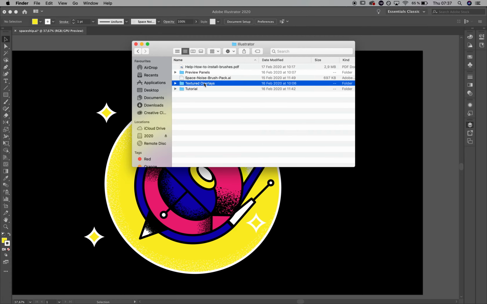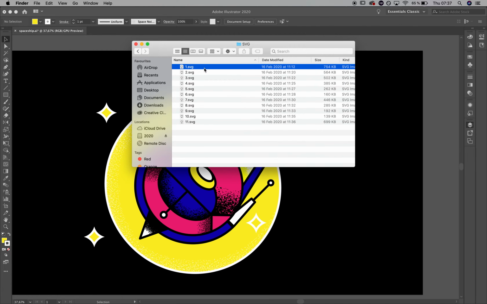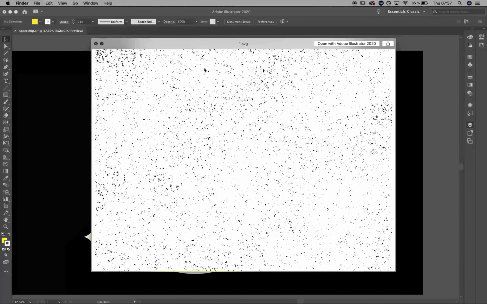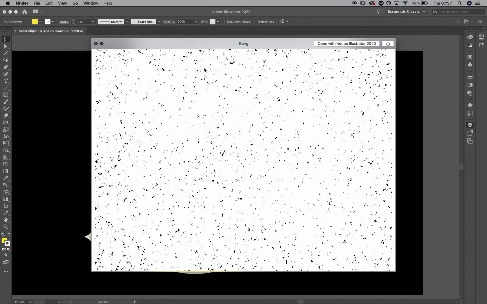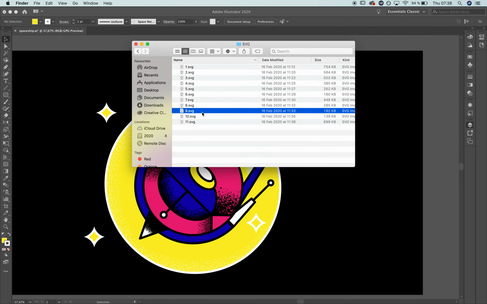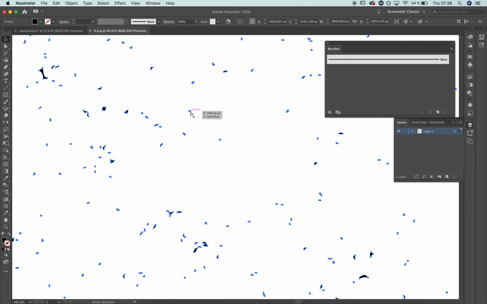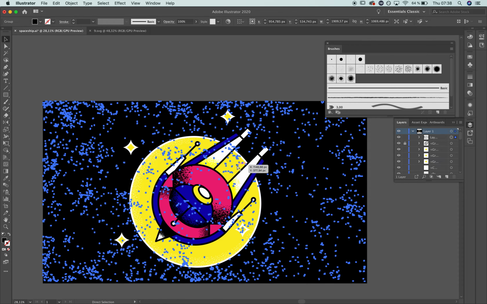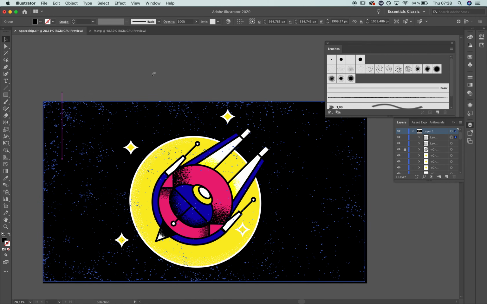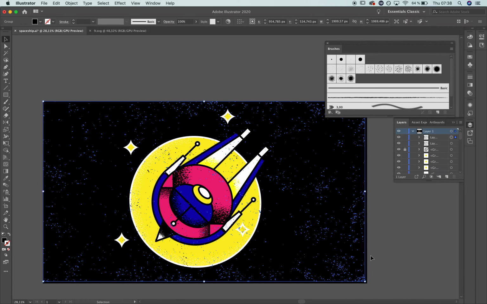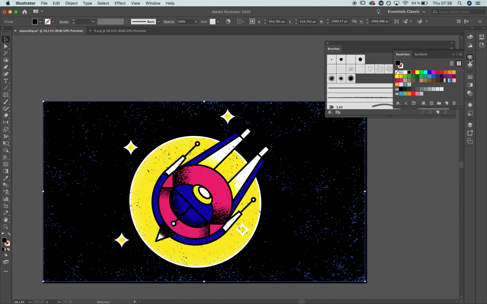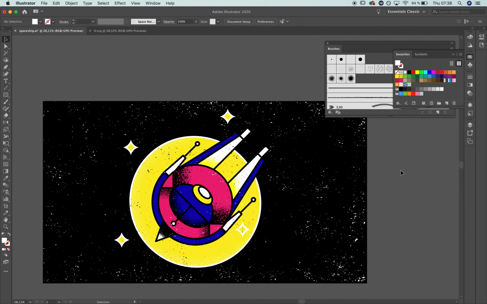After that, I'm going to place a texture overlay on top of the whole thing to really give the impression of noise, or in this particular case, actual stars. So after I shuffle through a couple, open up in Illustrator the one that seems to work with the illustration, copy and paste the whole thing on top of the illustration I've done, see how it looks, then duplicate it, rotate it around and apply a different color from the swatches panel.